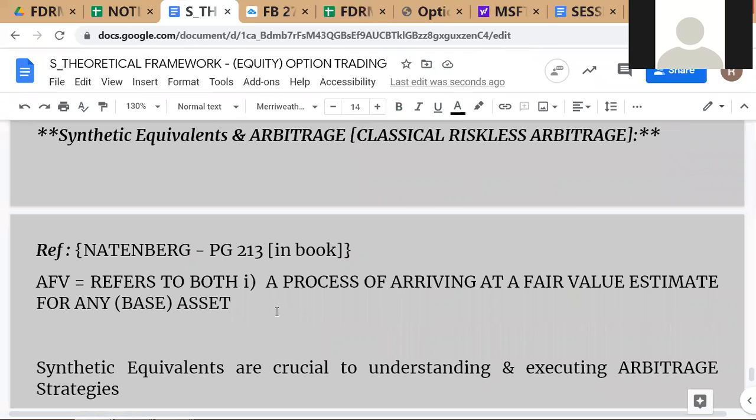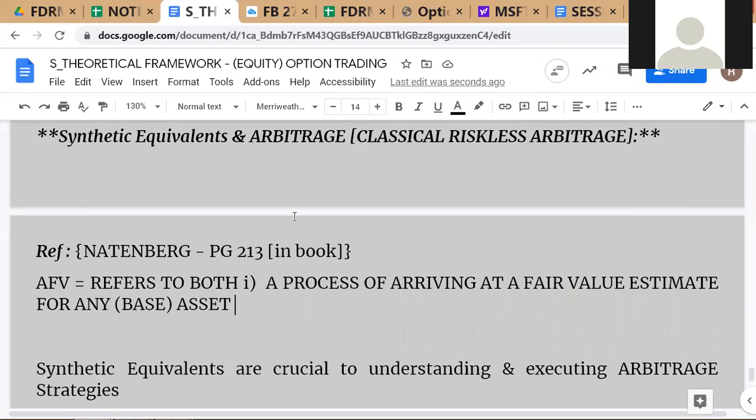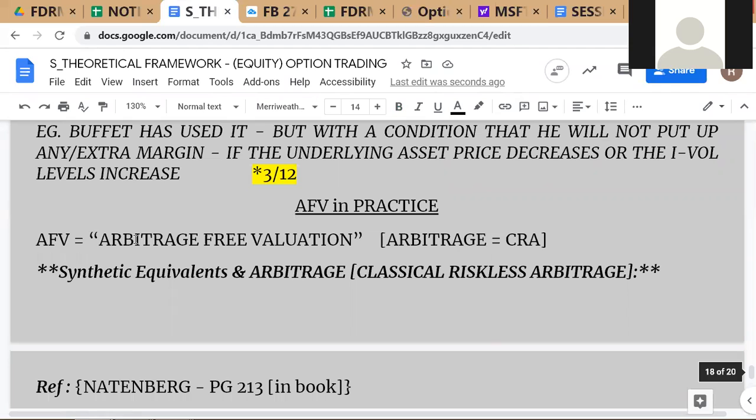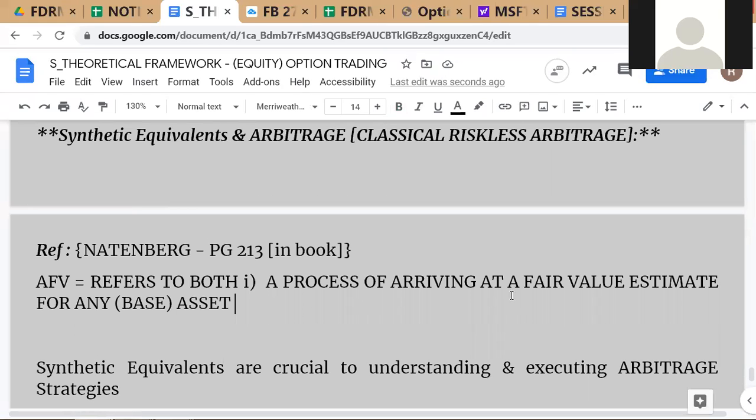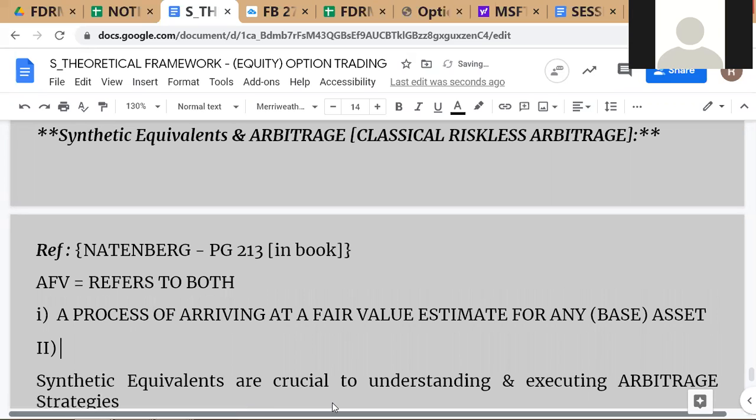So the term AFV. I'm not going to say this long expression every time, I'm just going to say AFV. And AFV can refer to both a process of arriving at a fair value estimate for any base asset, or it can also refer to